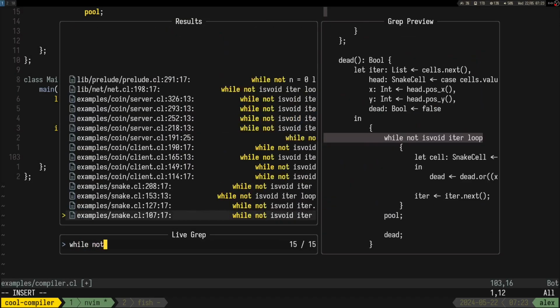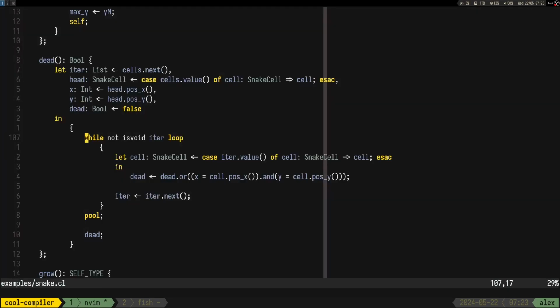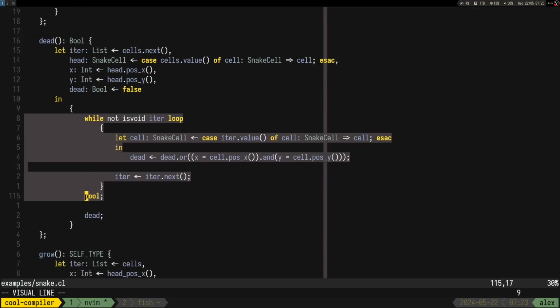While not is void is a good thing to copy.